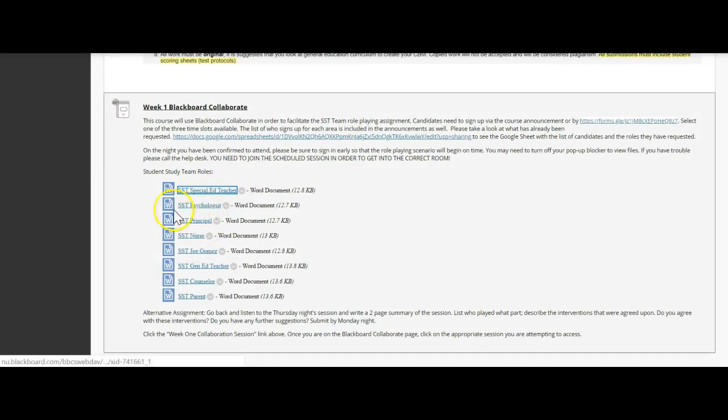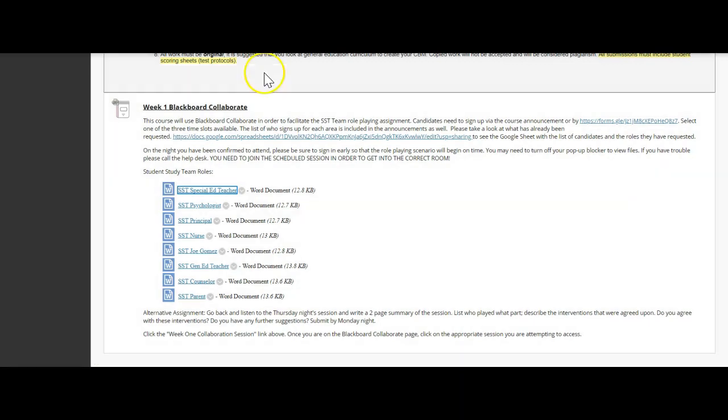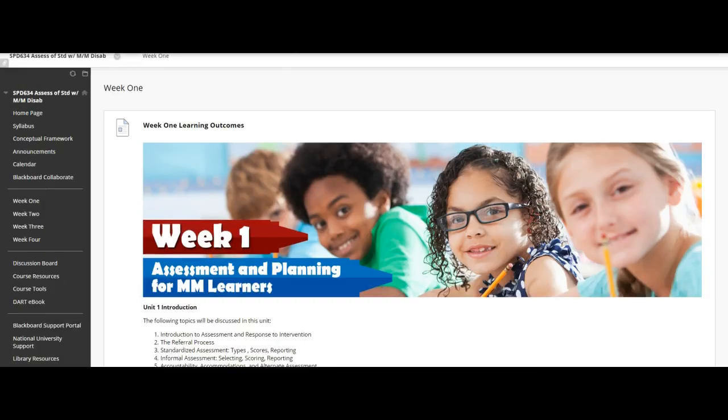The principal role is there. All of these icons represent that there's a Word document attached there. Of course, blue is indicating that there's a link. If you click that, that's how you will prepare. Okay. So that's week 1. Week 2, 3, and 4 will basically follow the same format, but just because I know